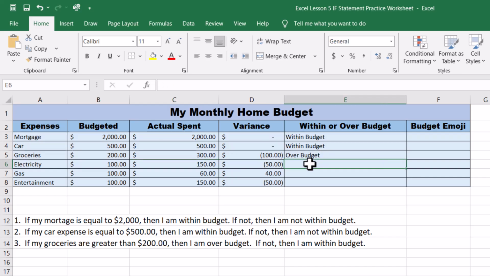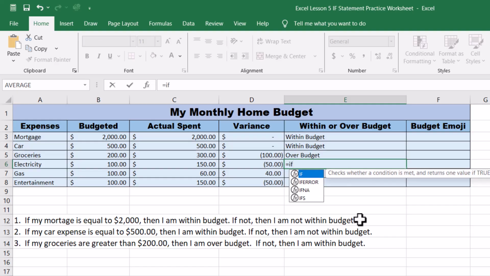Okay, going down to electricity. Very important. We need our electricity. Okay, what do we do here? On our electricity amount, we said that our budget is 100, but we spent 150. So our electricity company is raising our prices on us or something. Hey, so what's happening here? We need to create an if statement. Equal if tab if